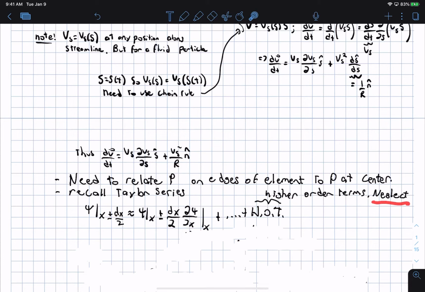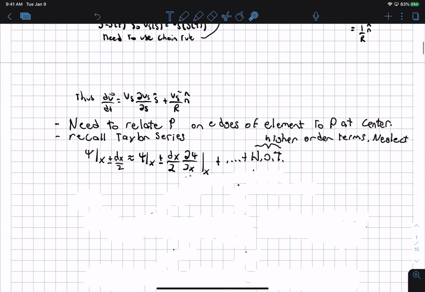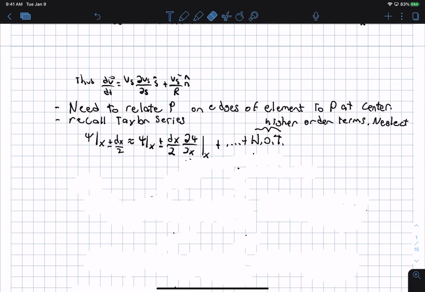And later on in class, when I derive the differential form of conservation of mass, I will show you an example of the higher order terms going to 0. But we're not quite ready for that yet, so we will do that kind of stuff later on. Okay, so then we can apply the Taylor series and find